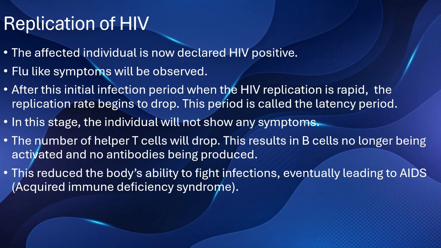So when I talk about the different stages that HIV goes through and the different stages that tuberculosis goes through, what I notice is that you can clearly see there's a difference, for example, in the case of HIV, in the number of T helper cells, and it can quite easily be produced as a graph. So it is quite easy to predict a possible exam question where you might be shown a graph that shows how the number of T helper cells in the body is changing over a certain period of time, and they might ask you to infer what might be